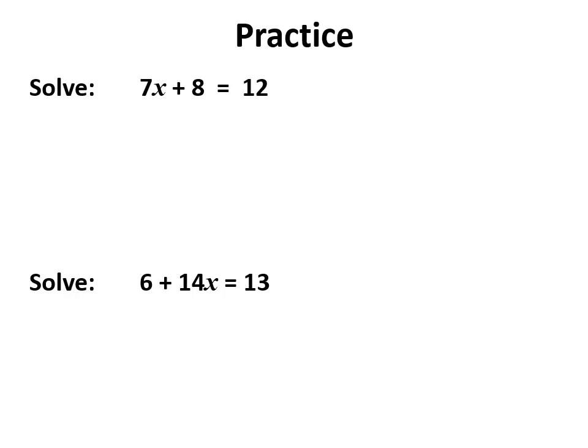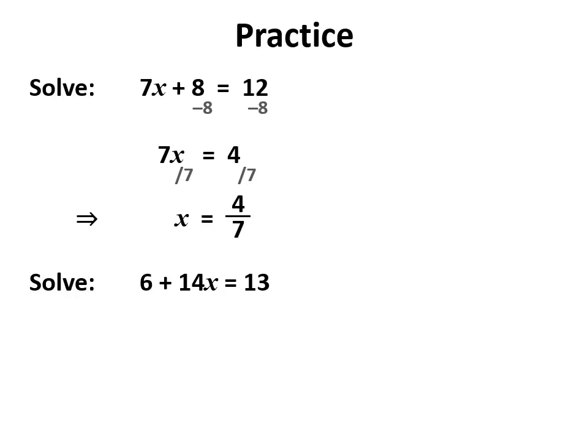So this time the x is on the left, my unknown is on the left, so I get rid of the plus or minus by taking it away from both sides. That tells me that 7x is equal to 4. I divide out the 7 to find what x is, and it's 4 over 7. No problem with being a fraction, that happens all the time. And